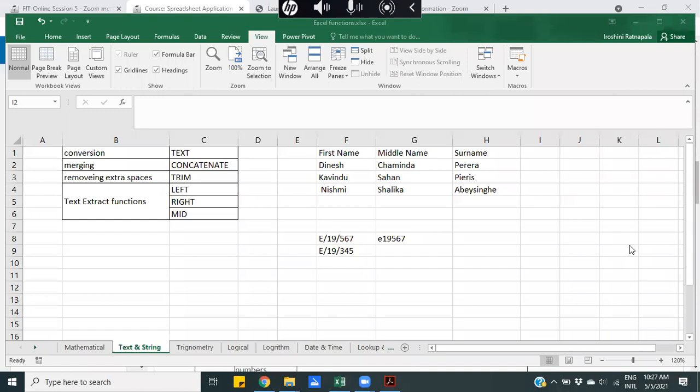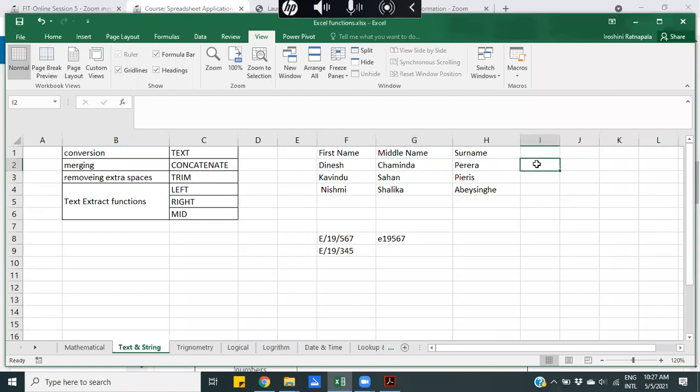You can also think of examples where we can apply text and string functions in Excel, right? In this case, if we want to get the full name,